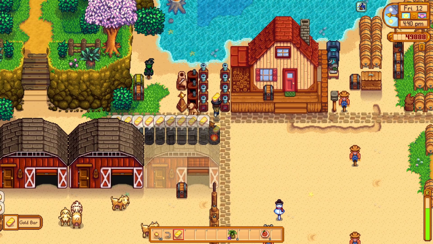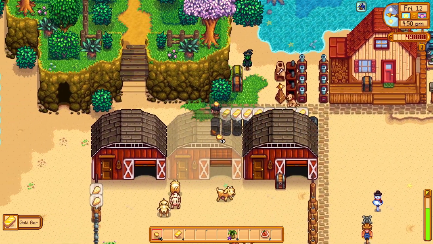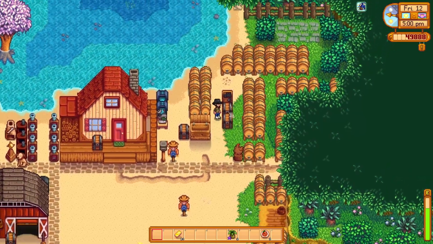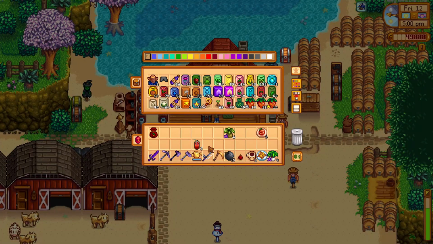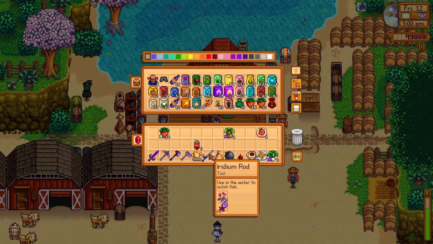So you go like this. You go into the bone mill like so. And... Wonderful. This goes here. Rare seed goes where we keep all of our seeds. Which is obviously somewhere else. And